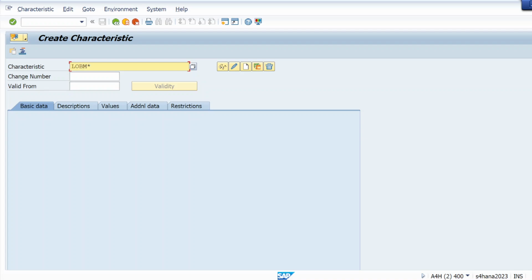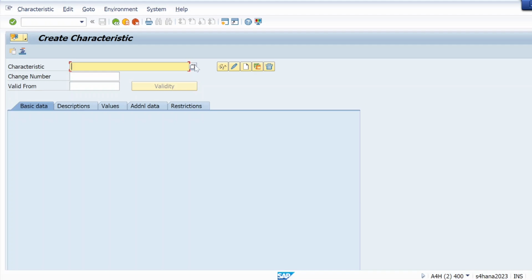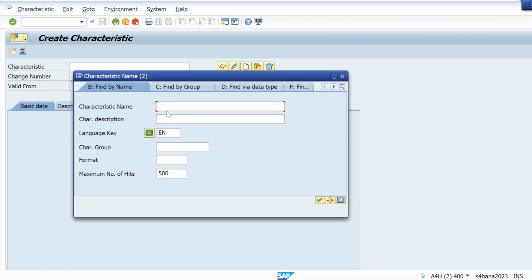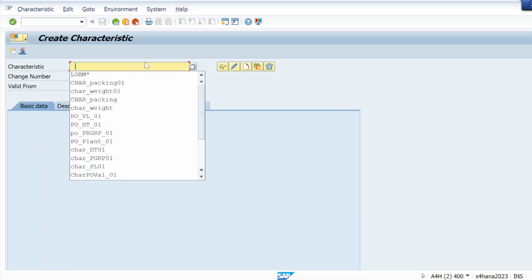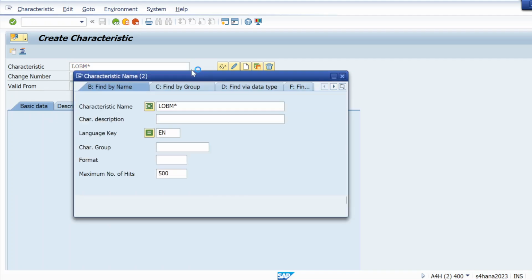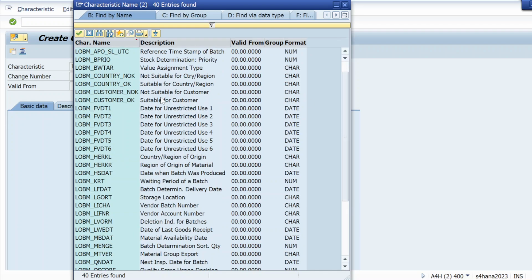So let me see that and copy it. Let me copy all these, whatever I'm going to use, so that I can maintain them while maintaining the class.